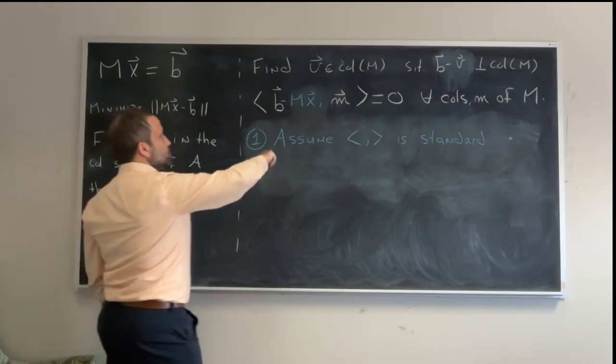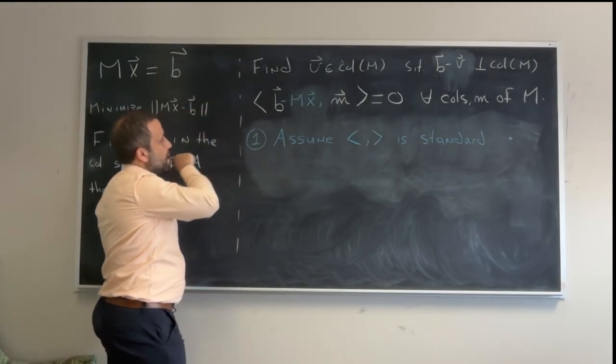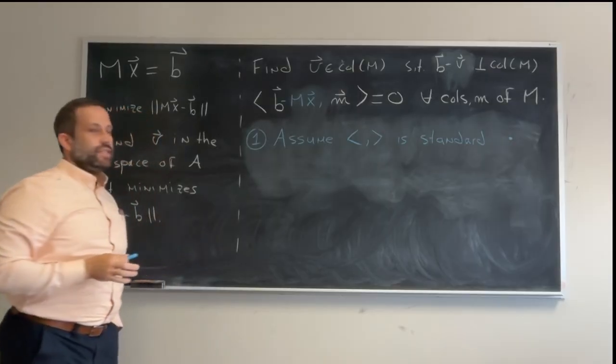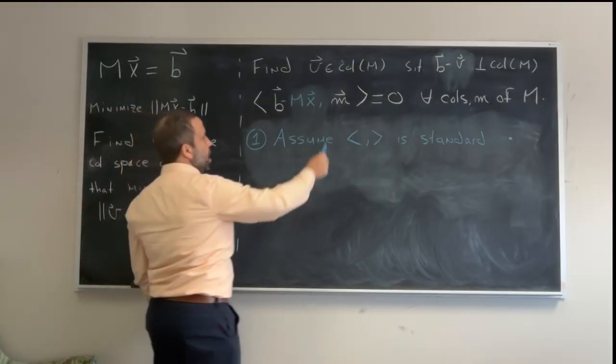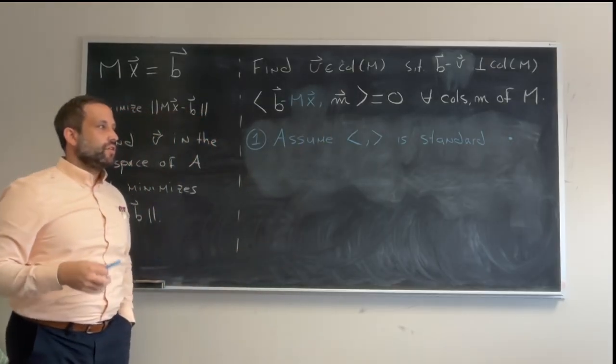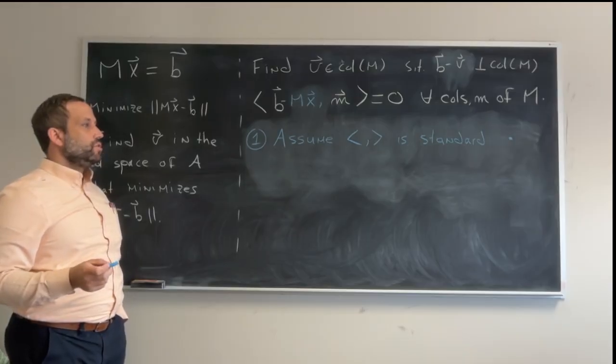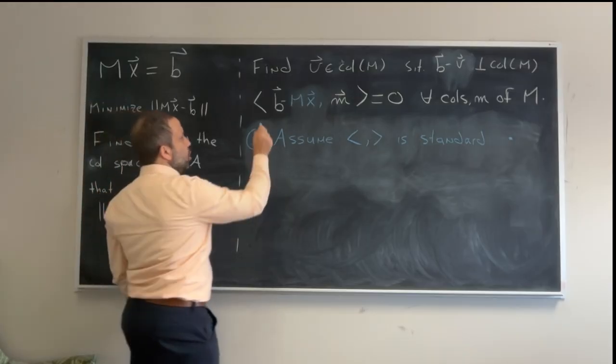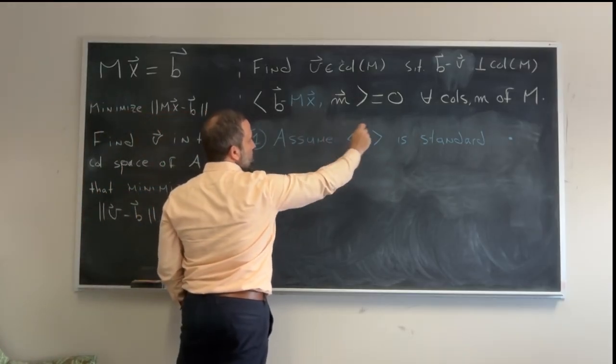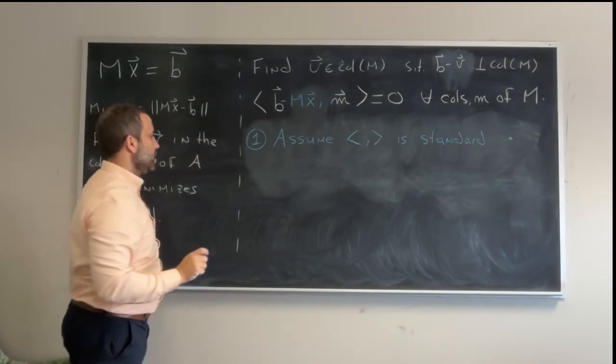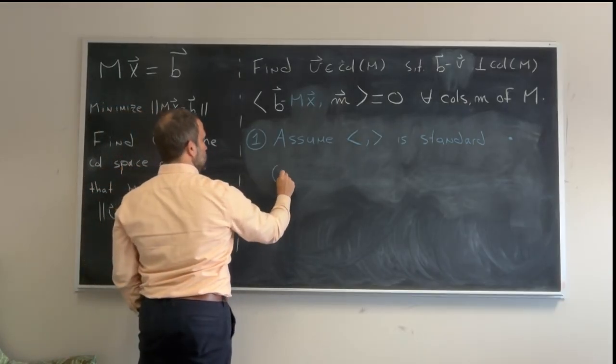Then what does this mean right here? Well, let's think about this. B minus MX is a vector. We're doing the product with the column of M. That's a vector, and it's equal to 0. So let's see if you agree with this. This dot product equals 0 for all columns of M, if and only if we look at